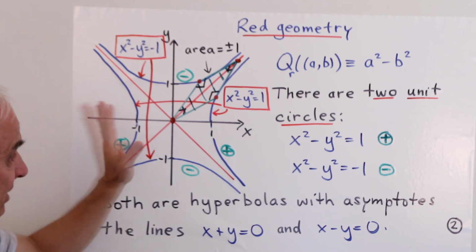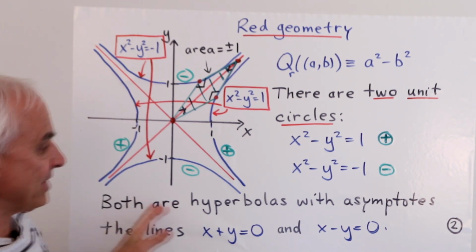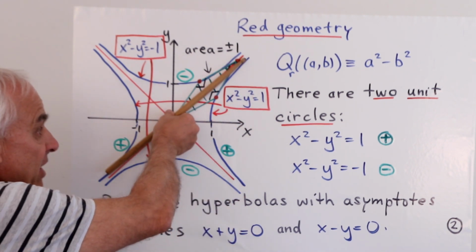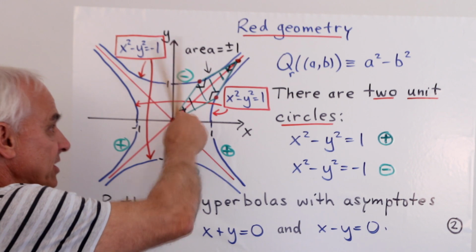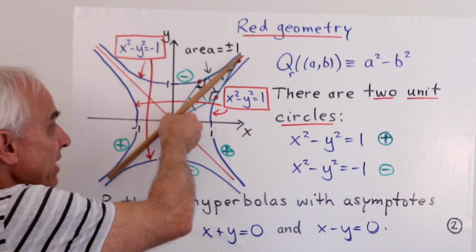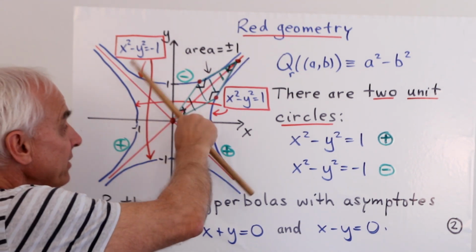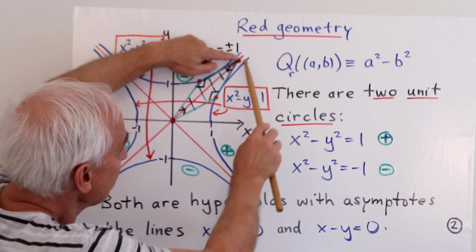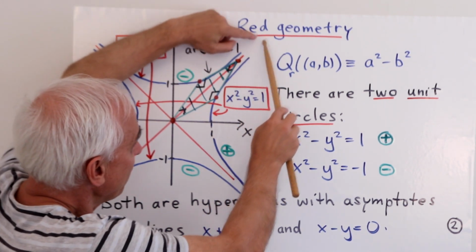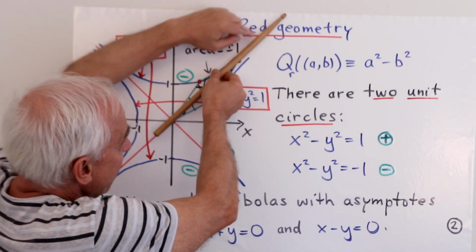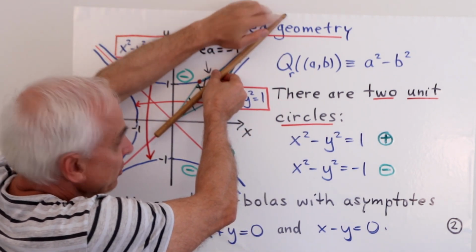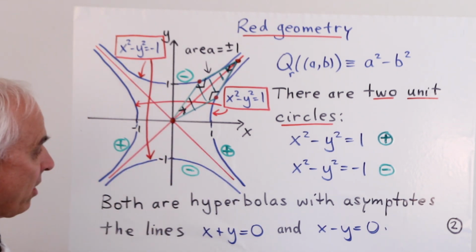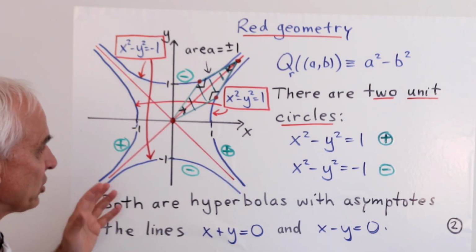Okay, something that's a bit special about them, though, is that these hyperbolas have different geometrical structure. Specifically, they have these asymptotes. These two lines here, the lines x equals y and x equals minus y, are things that the hyperbolas approach. So as we go further and further up there, the branches of the hyperbolas get closer and closer to this line. And similarly in the other directions as well. So that's a rather special situation.